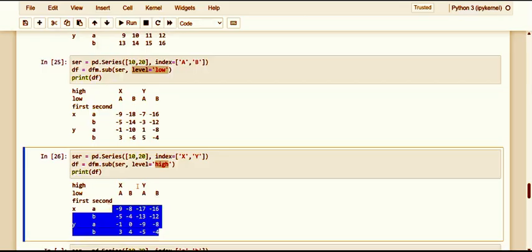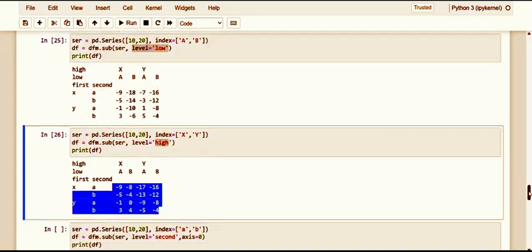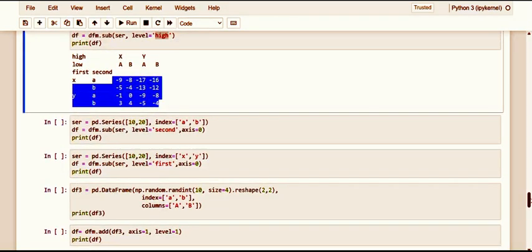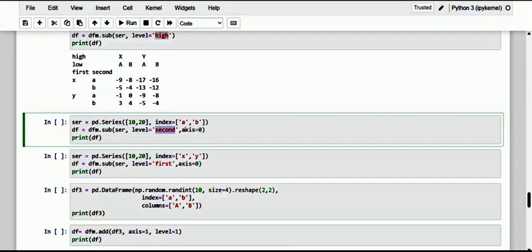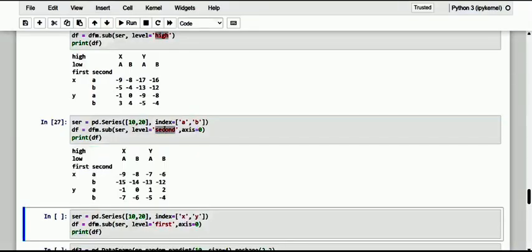So let's make some more operations here. By combining the optional parameter level with axis, let me make use of it. This time you can work on the row indexes according to the second level. So here axis is equal to 0 and the level is the second level. Let me see how it happens. See here how it is much different.